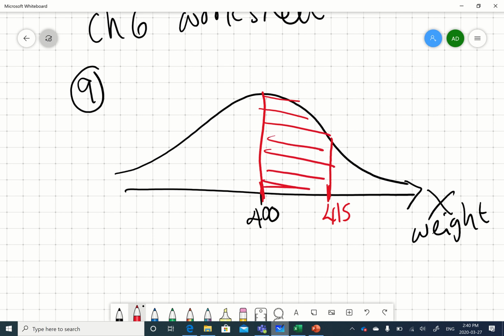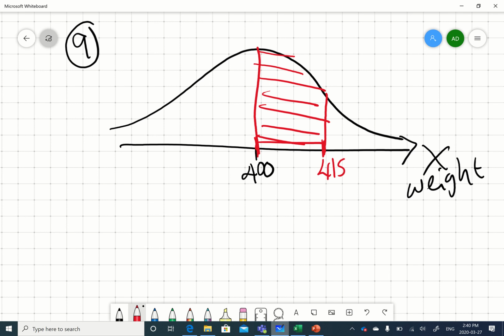So you need this area, right? Okay, so we are going to learn how to read this from Megastat. You will have to run Megastat twice. Once for 400, again for 415. So you need to go to Megastat